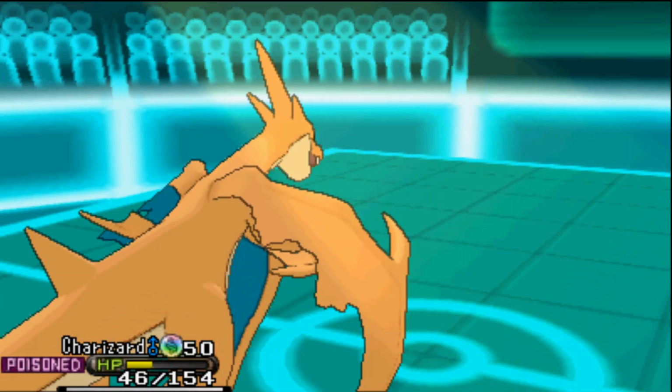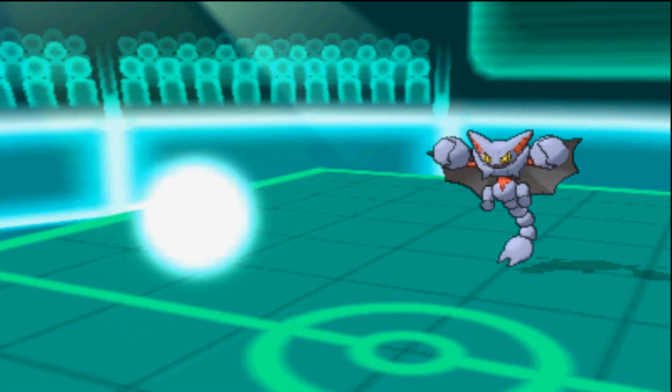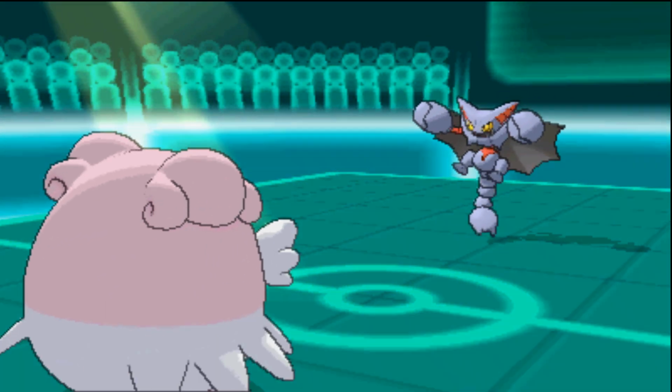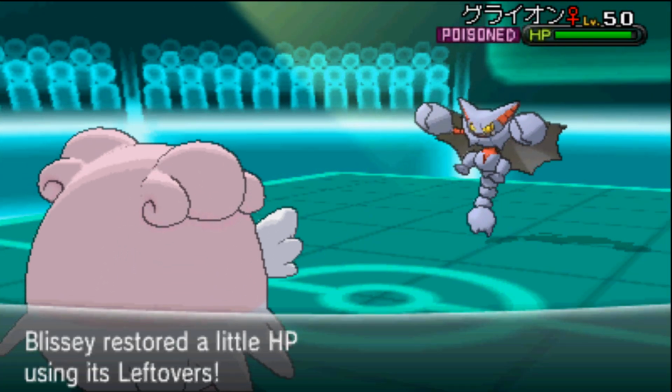If I hadn't missed that Fire Blast, that definitely would have been a good game right there. The Mega Gengar, I could have easily taken out my Charizard Y, and that would have been it. So now I'm back in the situation, knowing that this Gliscor is just going to be using Protect and Toxic